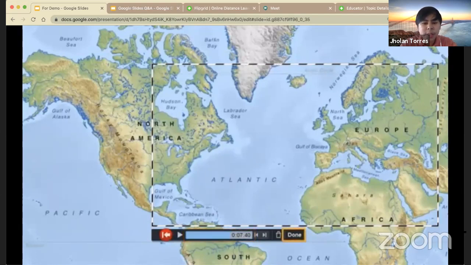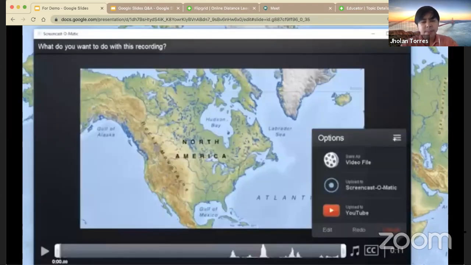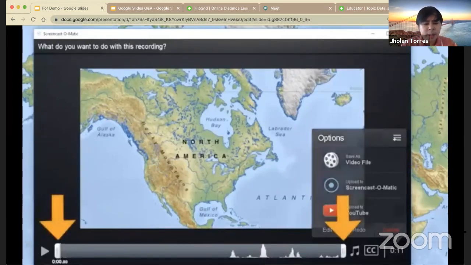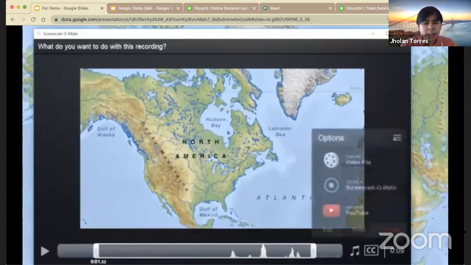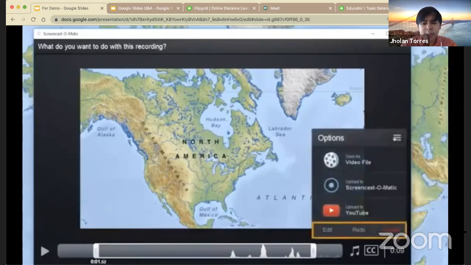Okay, then if you're done, just click the done button. Once you click done, you have the option to edit it. If you want to trim, you have the option there. You can move the section you want to edit or trim. So once you're done trimming,